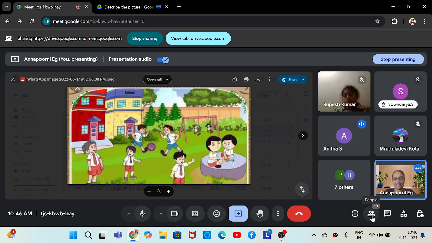Looking at the sky. And one boy is pointing to the two boys who are sitting on the rock. Very good. And the place is looking very green in color. That's all. Very good. Okay, now moving to the next picture.